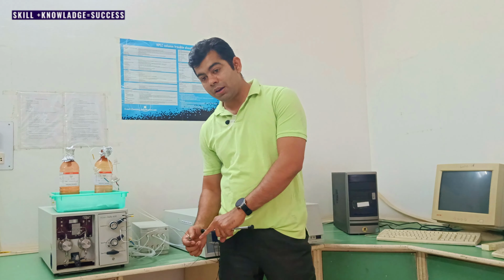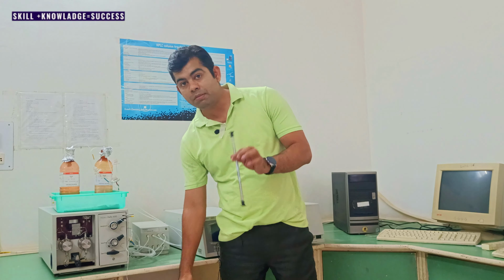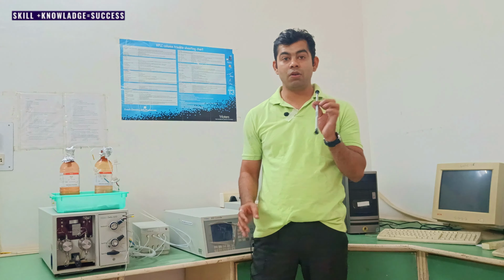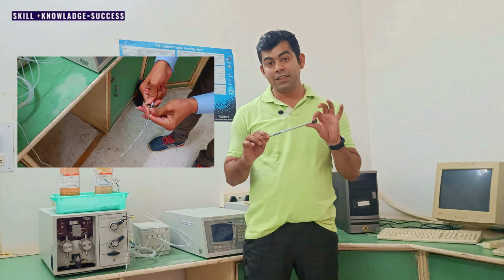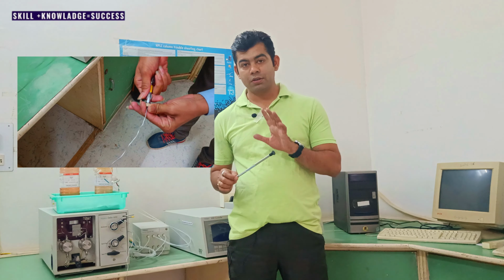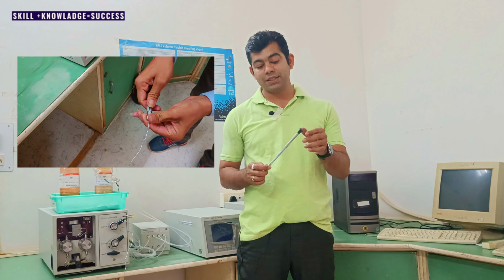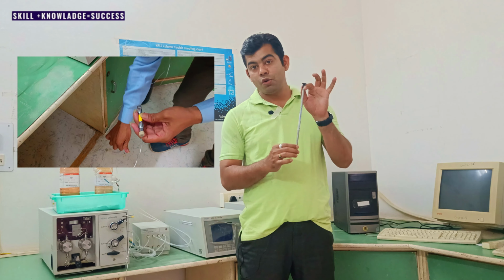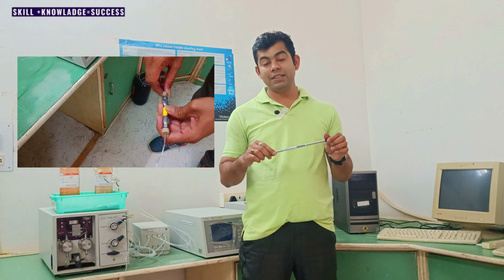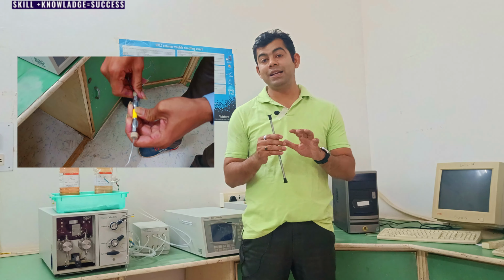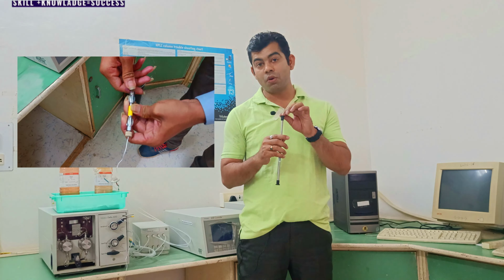There is also a column which is a preparative column, but this column is an analytical column. I will also explain the dimension of this column. Its dimension is 250 into 4, so the meaning of 250 is its height is 250 mm and its width is 4 mm. It is a C18 column, and the particle size of silica gel in this column is 5 micron.